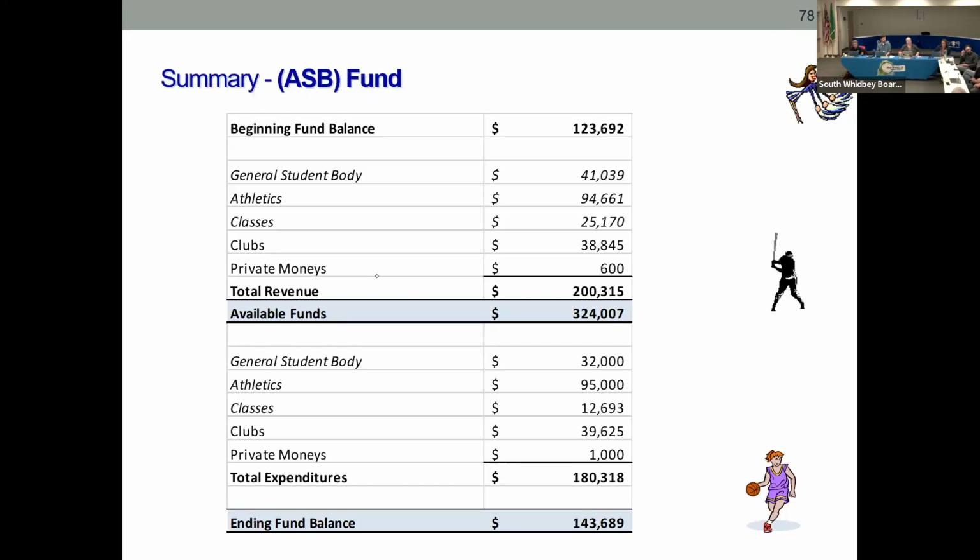Like in other positions where if you don't use your money, then it goes into the general fund. No. This has to stay in its own fund. It cannot go anyplace else. And it's a fund that rolls over from year to year. So whatever they end up with is what they begin with the following year. They add revenue, subtract expenditures. They end up with a dollar amount that rolls over the following year. So all these funds are separate funds and they don't commingle. General fund can put money in other funds, but it doesn't work the other way.